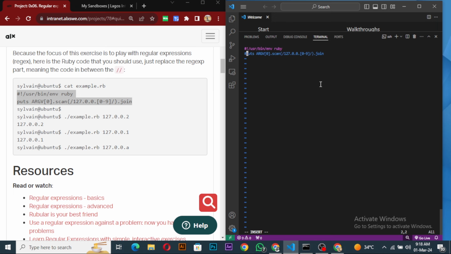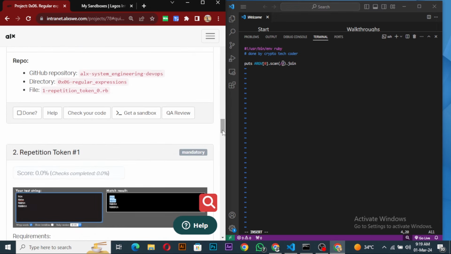I'll come here and space, okay, space, and then done by crypto. I'm supposed to automate this text folder, so done by crypto text folder, and then this would delete this place, and then I would say what's the question. So the question is